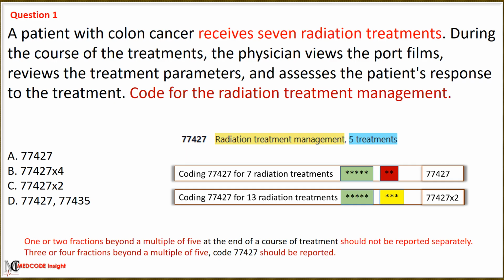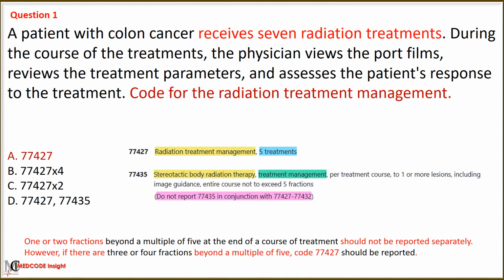However, if there are 3 or 4 fractions beyond a multiple of 5, code 77427 should be reported to account for those additional fractions. For example, with 7 units, as mentioned in this scenario, there are 2 fractions beyond the multiple of 5, so these should not be recorded separately. But if there are 8 units and 3 fractions beyond a multiple of 5, code 77427 should be reported separately for those additional fractions. Based on this guideline, we can eliminate option B with 4 units and option C with 2 units of code